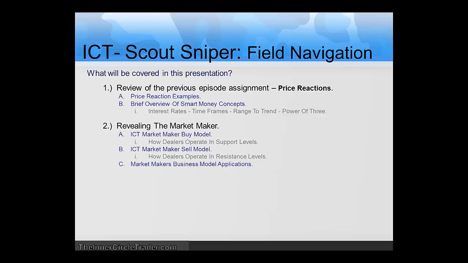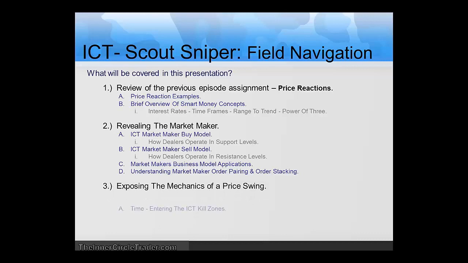We're going to be looking at how the market maker business model works in application. We're going to be looking at understanding how the market maker pairs orders and how orders stack around key levels. Okay, we're looking at exposing the mechanics of a price swing, and we're going to look at more of the